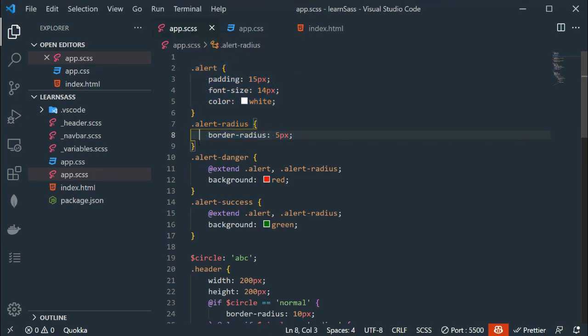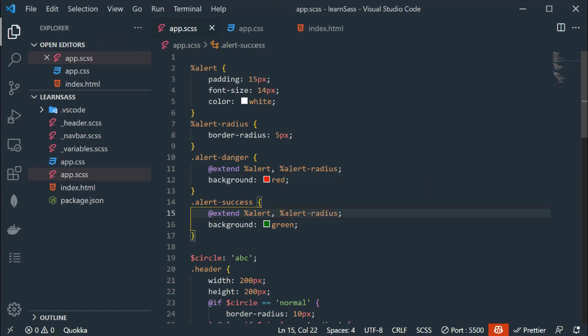So what we need to do, instead of dot we have to use percentage sign like so. Let me add here as well, and here also percentage, here also.